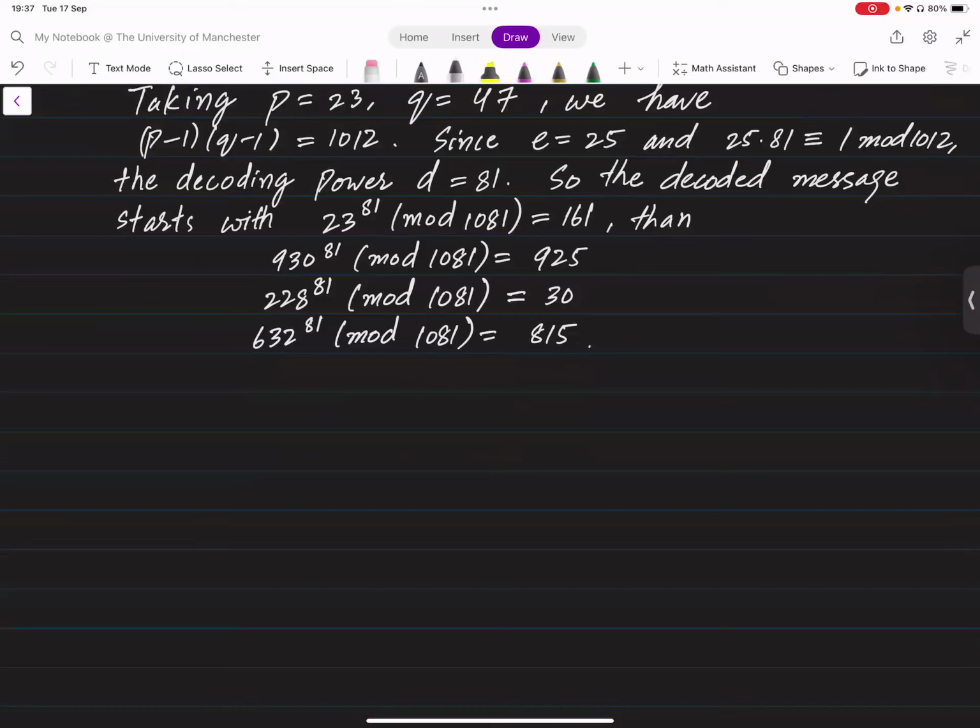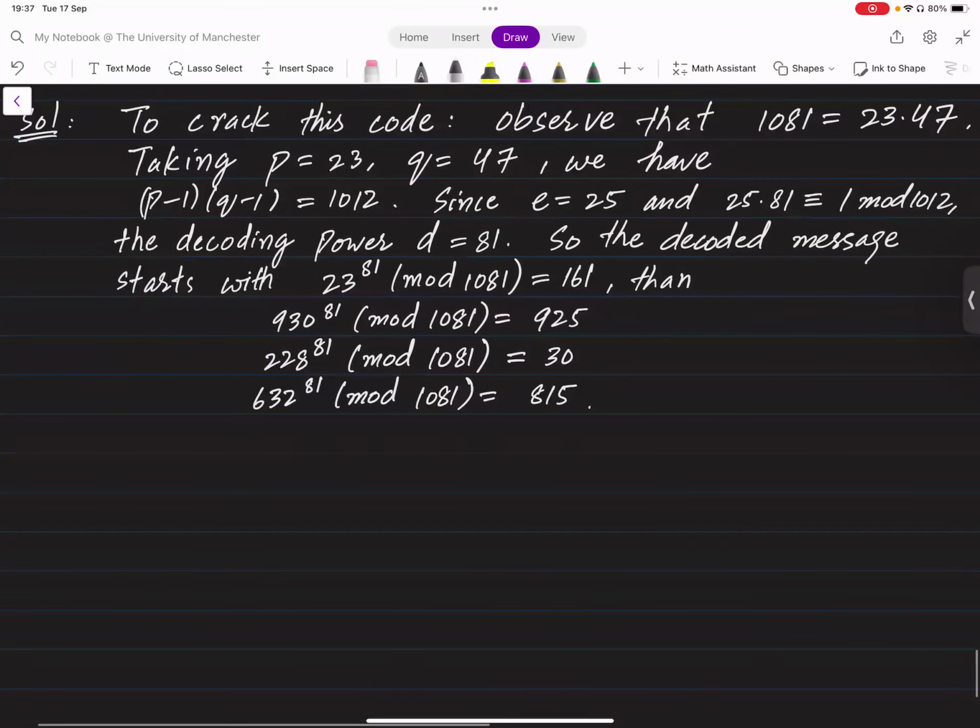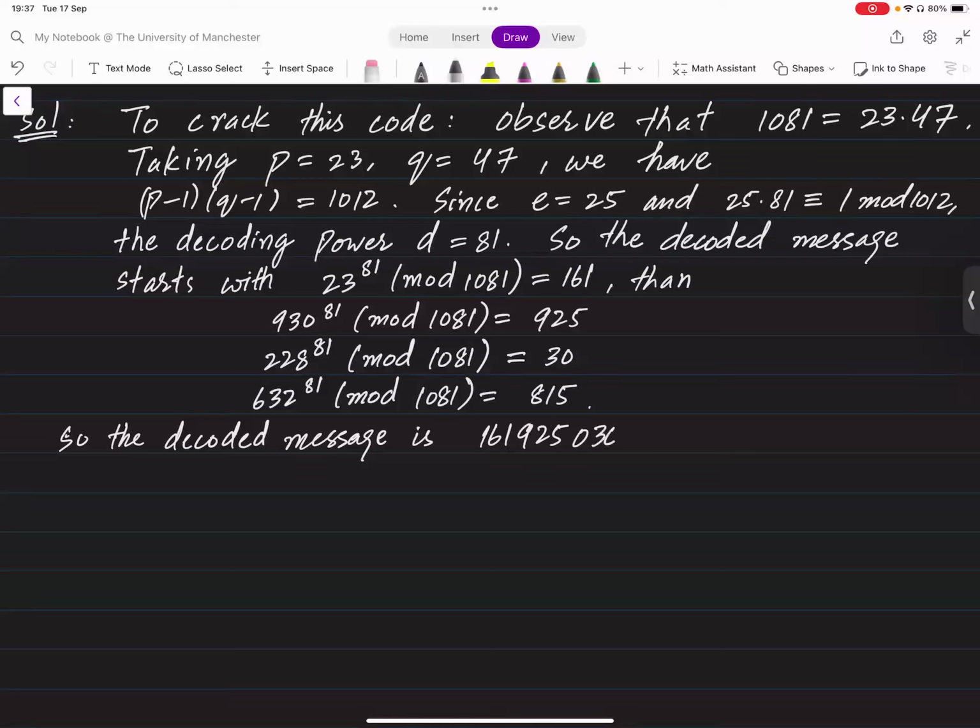So the decoded message is 161, 925, 030, 815,